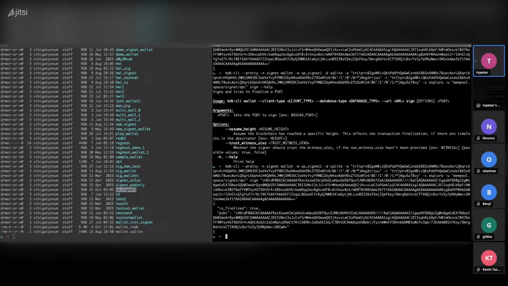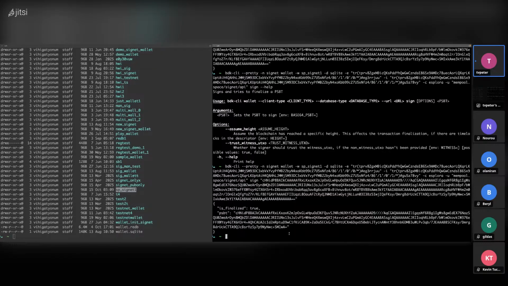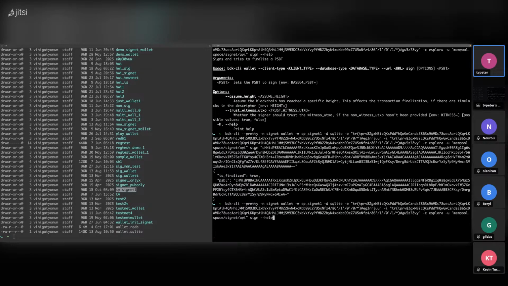So this transaction has been signed; you can see that signed is true. The finalized PSBT, you can see it here. The next thing is for me to broadcast this transaction. I can extract a raw transaction from this and then broadcast it, or I can just broadcast it and it will handle the entirety of that. So I can say